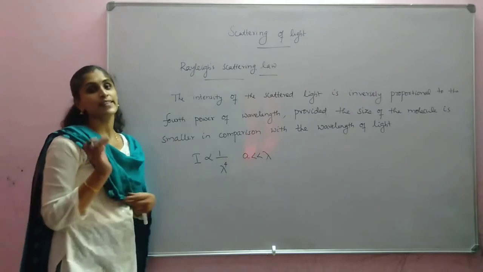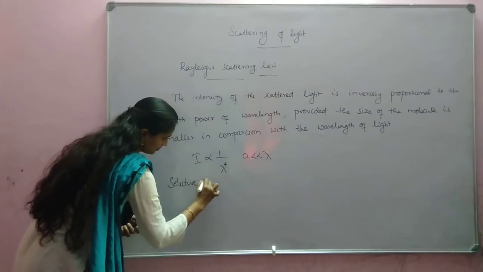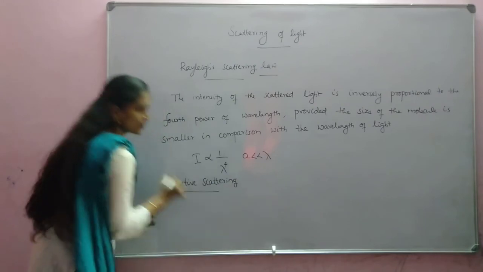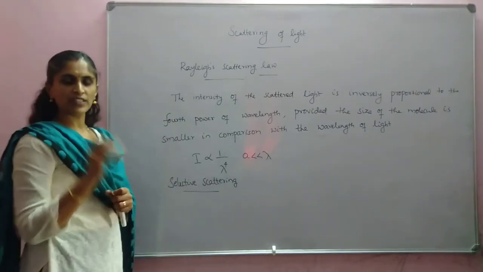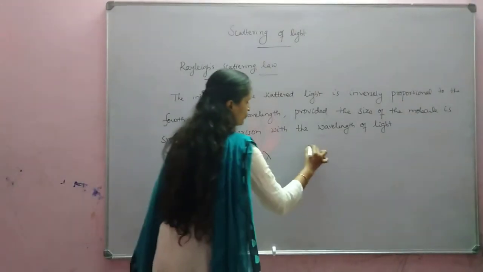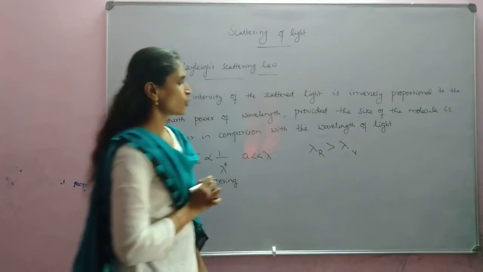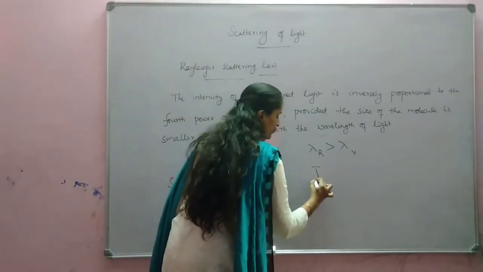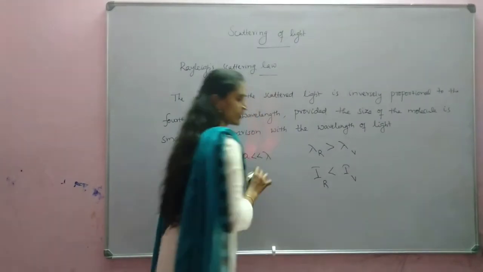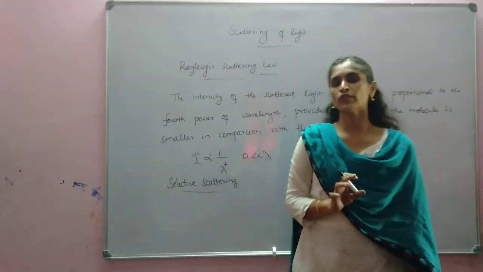That's why it is known as selective scattering. So from this we can say which color will be scattered more and which color will be scattered less. Wavelength of red light is more than wavelength of violet light. So intensity of light corresponding to red will be less than intensity corresponding to violet. So red light will be scattered least and violet light will be scattered most,